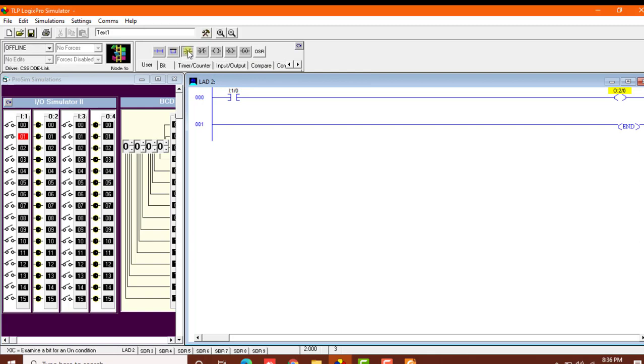Now we'll put another examine if closed over here, and I'll name it to I:1/2. Okay, so this 2 means that we are not using this input this time, we're using this input, okay, which says 2. So I'll just download it to PLC,